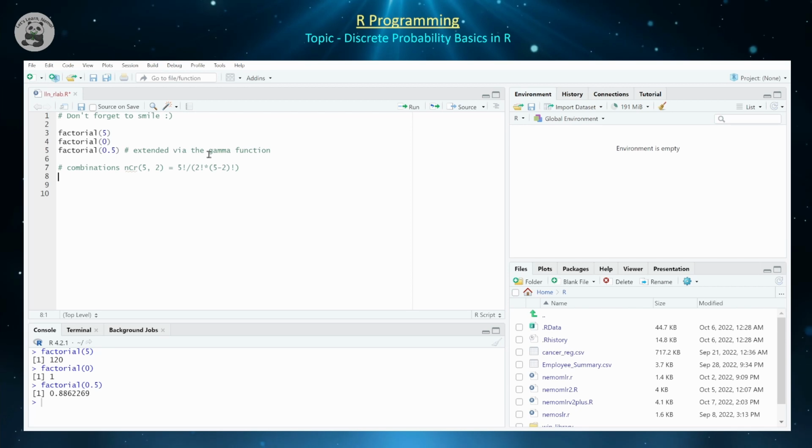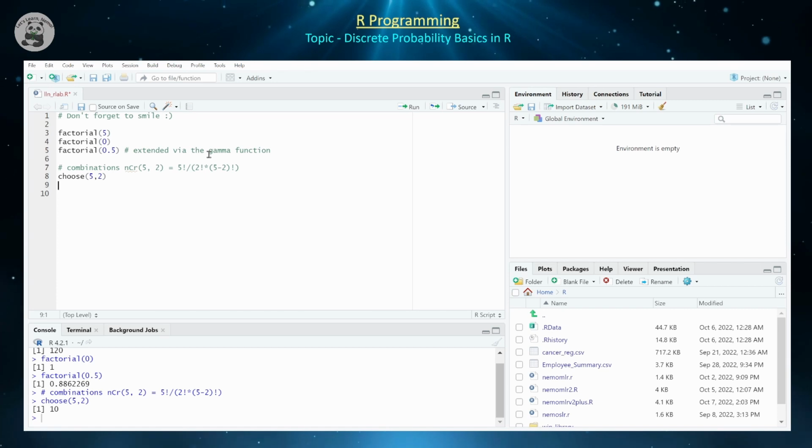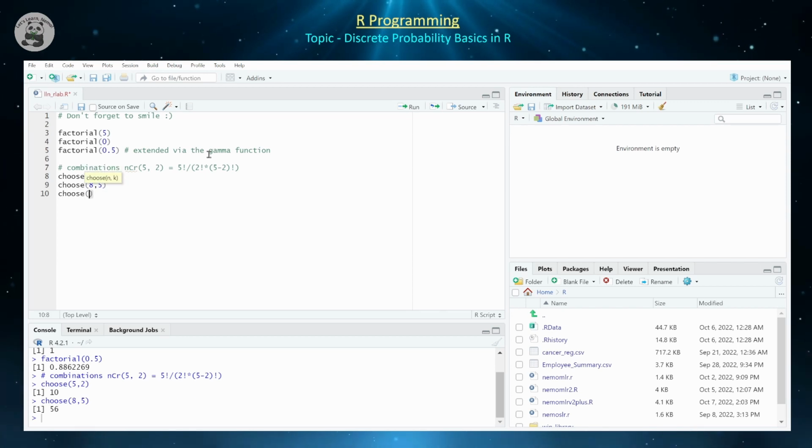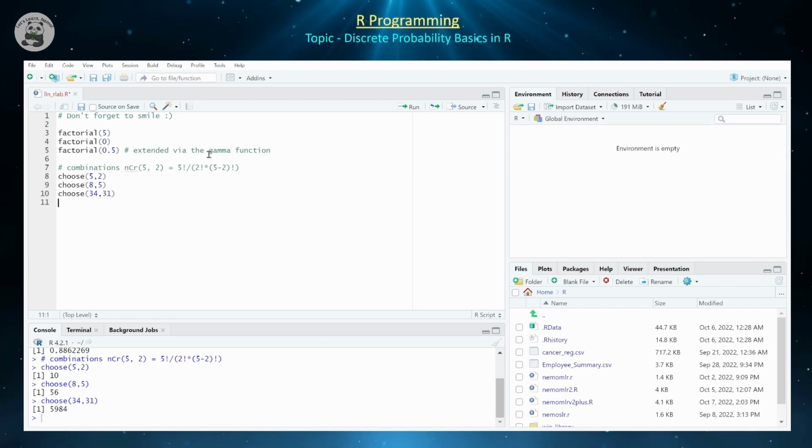But there is a predefined combination formula in R, and this function is called choose. So if you want to do 5 choose 2 in R, you can just do choose(5, 2), and that's going to give you 10, which is the exact answer. You could do, for example, 8 choose 5, and that will give you the correct answer. For example, if you do 34 choose 31, you'll get some answer. And obviously, if the top index is smaller than the bottom index, then it should be equal to 0